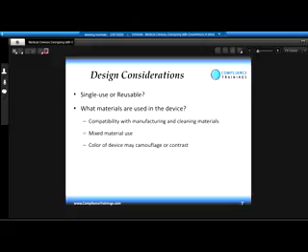You also need to look at the color of the device. It might look nice and pretty to have the device have reds or purples or something else on it, but it actually may camouflage